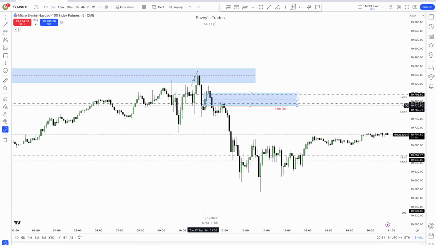and you can see right here that there is an aggressive move to the downside. This is the SMT which was formed with YM. This displacement is nothing but your 2022 sell model, because you have your market structure shift, a large displacement which created a fair value gap. Then you have your test of that fair value gap. We came down. This is the point in time where the 15-minute order block was validated